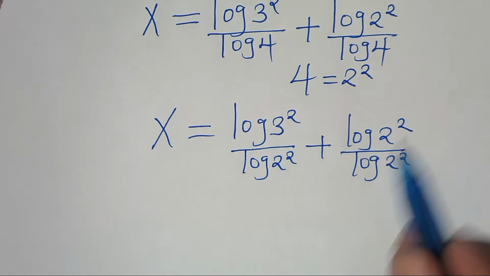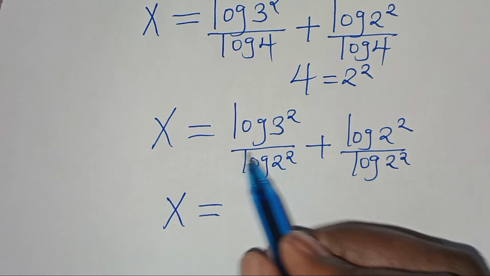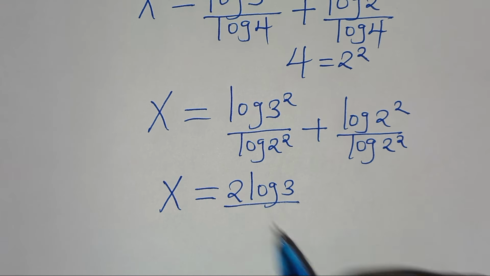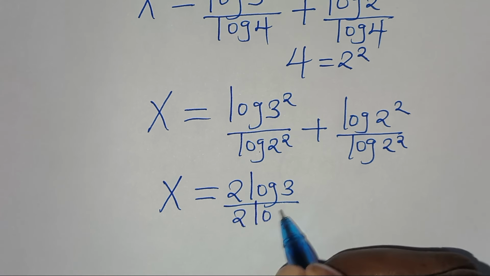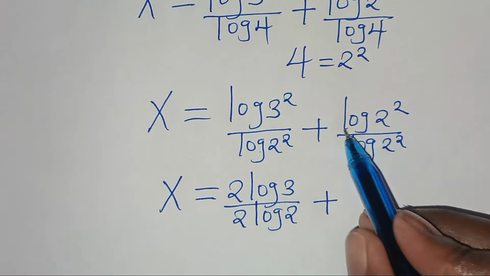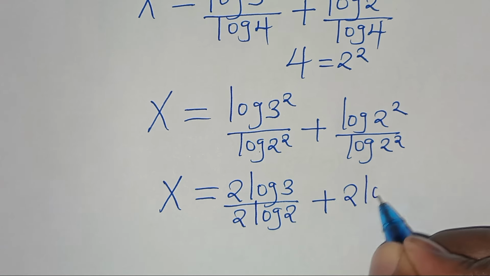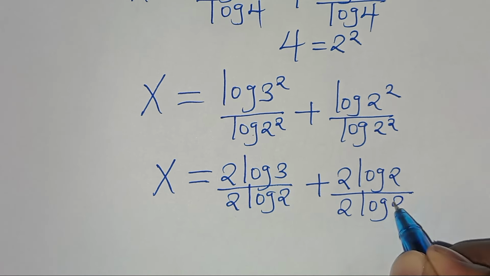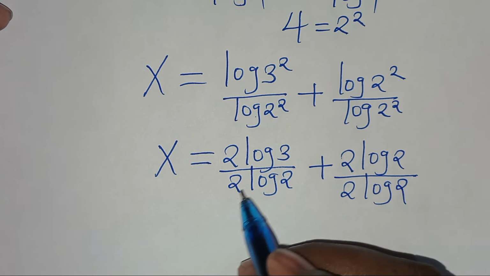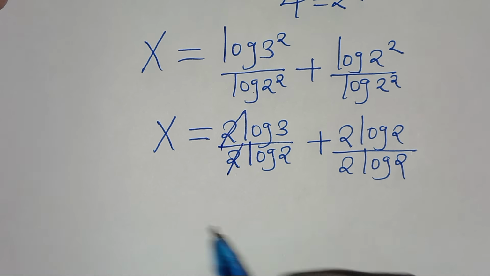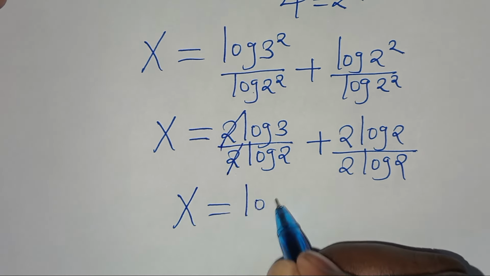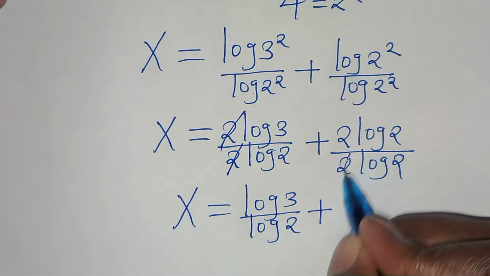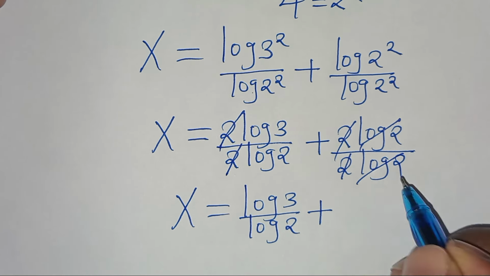By applying the power rule property here, we have that x is equal to log 3 to the power of 2 becomes 2 log 3, divided by log 2 to the power of 2, which is 2 log 2, then plus log 2 to the power of 2, which is 2 log 2, divided by 2 log 2. So we can simplify here. 2 and 2 simplify, so that now we have x equal to log 3 divided by log 2, and then plus, 2 and 2 simplify, and log 2 and log 2 simplify,